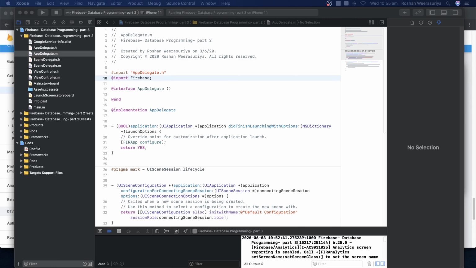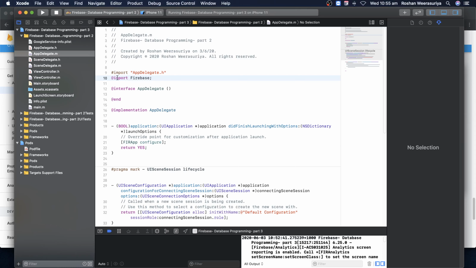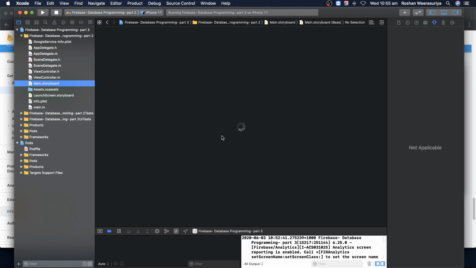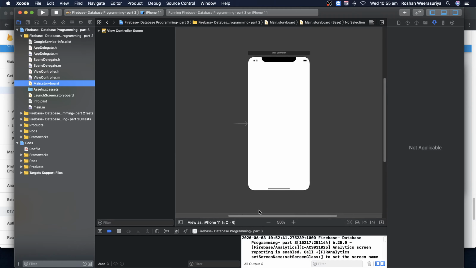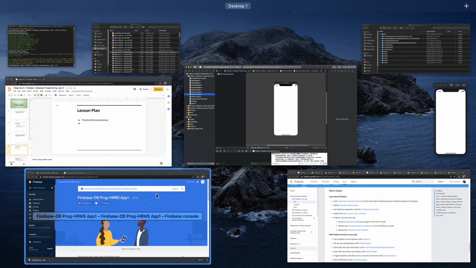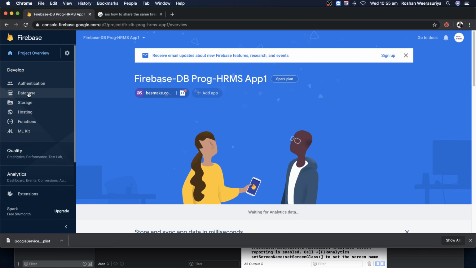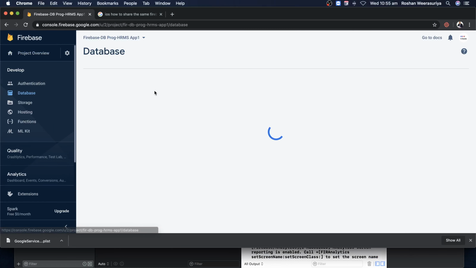Okay, so I got my project from the previous lesson, right, in which we imported Firebase, and it was working up to that, but we got an empty storyboard, right? And also our database only has the sample data. So if you look at our database, which we created in the previous lesson,